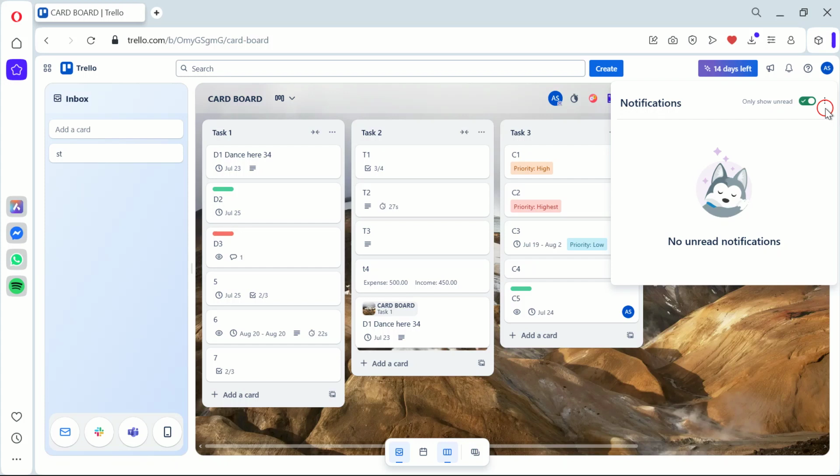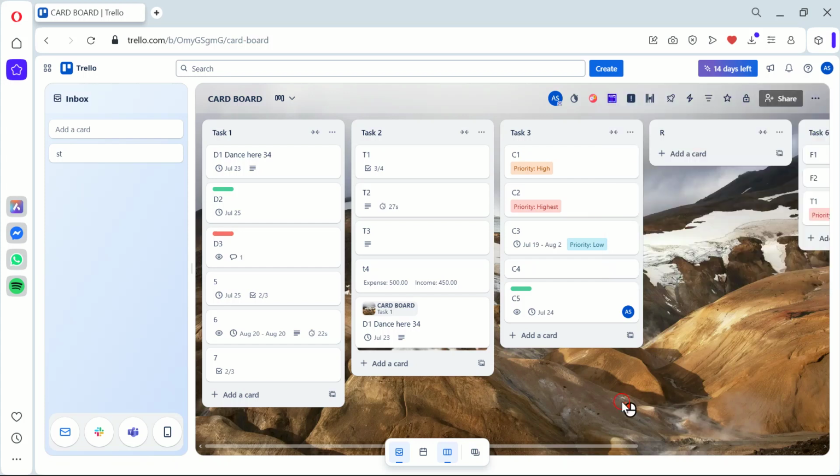And there you have it, a concise guide to managing notifications for your Trello cards. Remember, keeping on top of your notifications can be the difference between